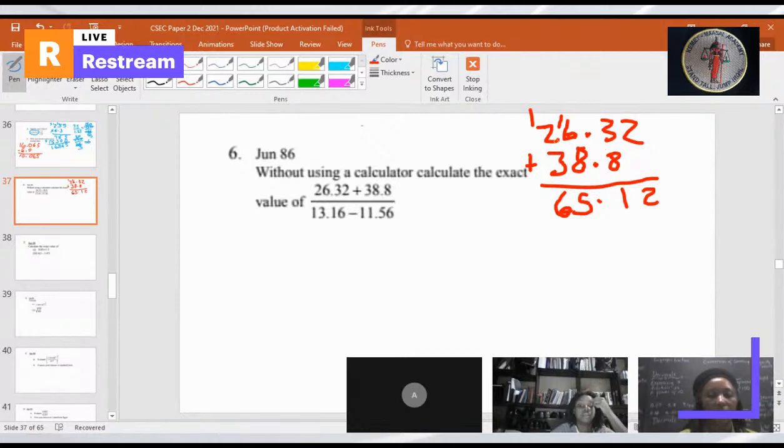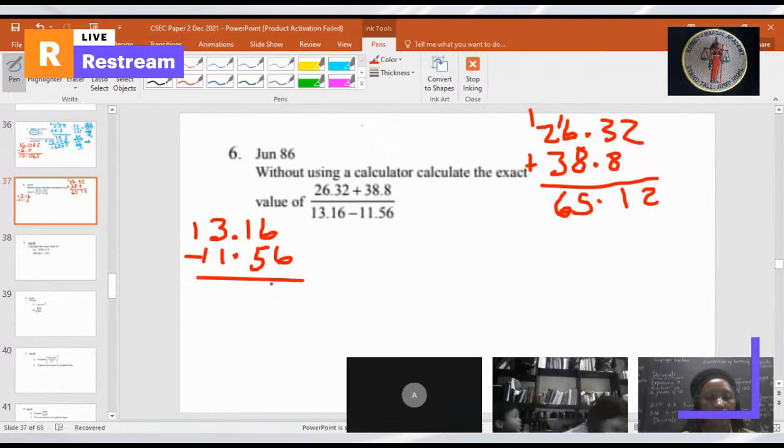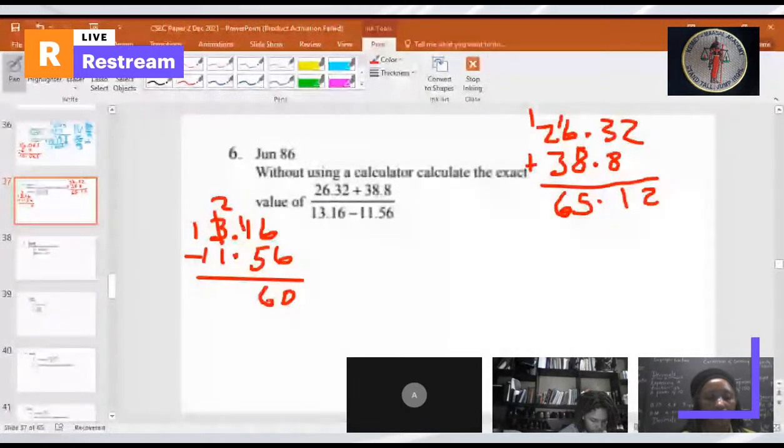So that's 65.12, divided by. So now we're going to do the 13.16 minus 11.56. So, Miss, we're going to subtract the 6 from the 6, which gives us 0. Take 1 from the 3, which will give us 2, and carry over 1. So 5 from 11 is 6. Put back our decimal point. 2 minus 1 is 1, and 1 minus 1. So now we're going to divide